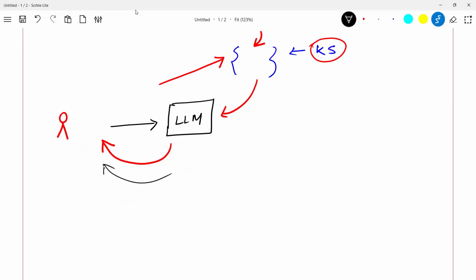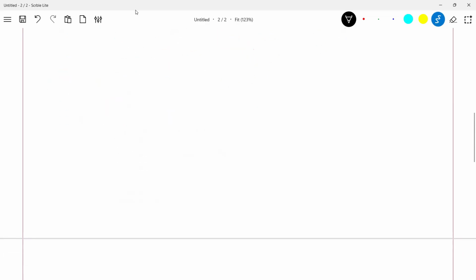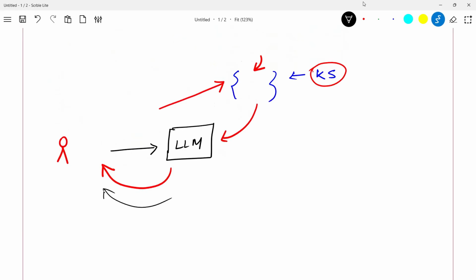Now, what is graph RAG then? We learned what is RAG. In my leave example, I was telling you I will ask the LLM how many leaves I have.